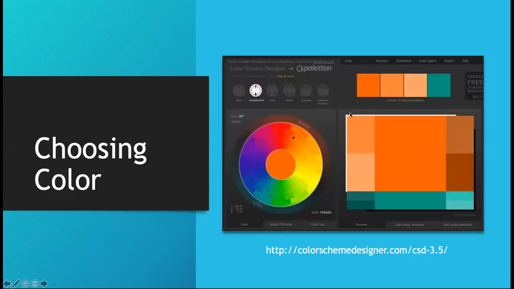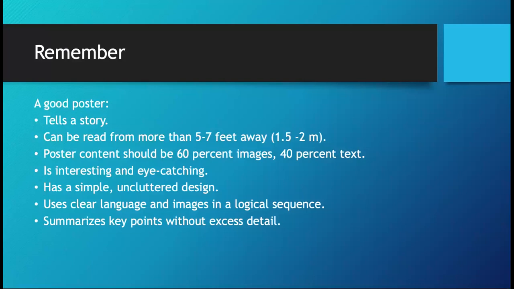Also, there's another website known as Paletton, which is a color scheme designer. You can choose whatever color is suitable for you, and it will demonstrate the other colors that can be used besides the primary color you choose. Remember, a good poster which tells a story can be read from, as I previously said, 1.5 to 2